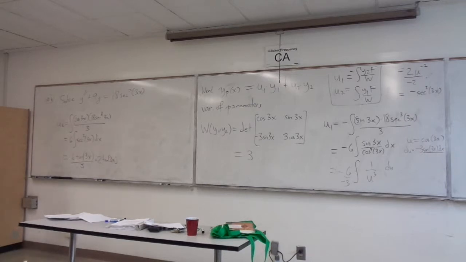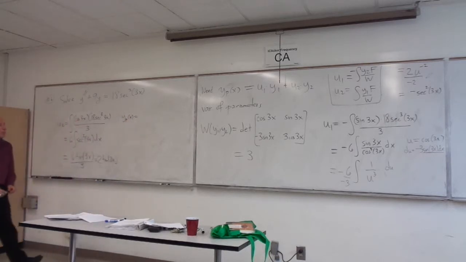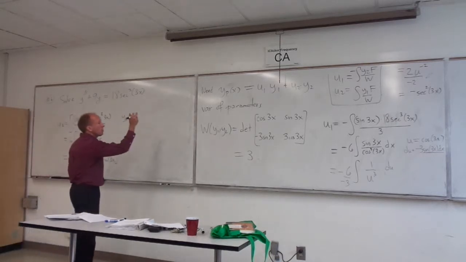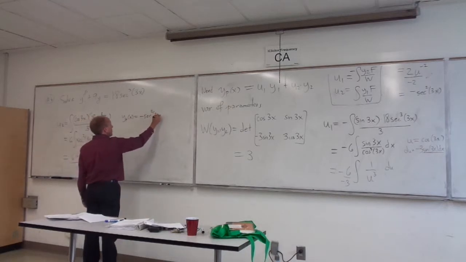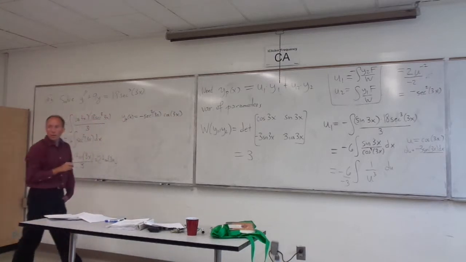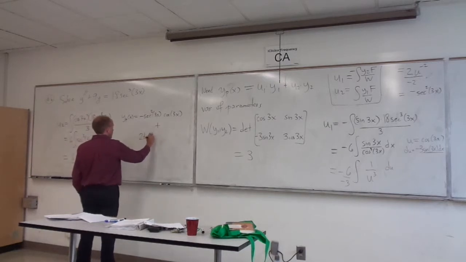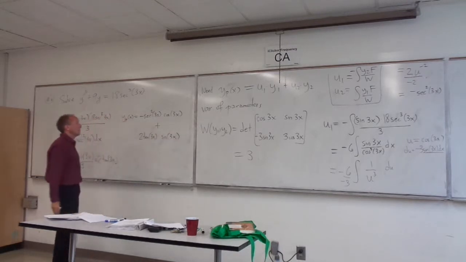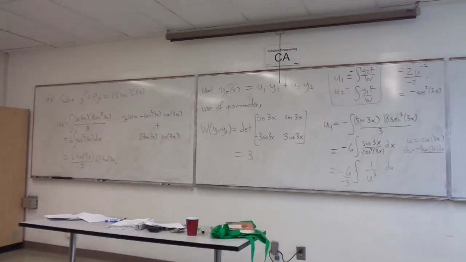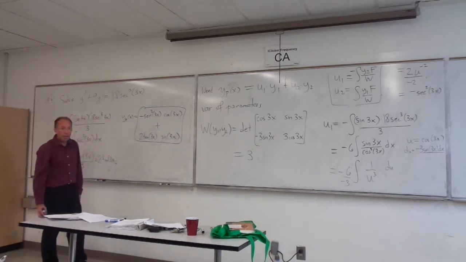All right with that? So my particular solution then, ready to write down how that's going to look, is going to be u1, which was negative secant squared of 3x, times y1, which was cosine of 3x, plus u2, which is 2 tangent of 3x, times y2, which is sine of 3x. That's it. That is the particular solution. And so my final answer then,